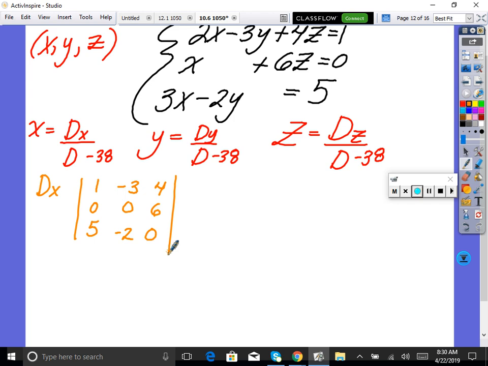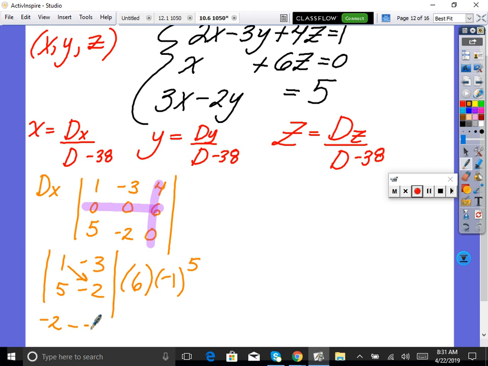Luckily, look, there's 2 zeros here, so that's going to be quick. You'd say, okay, we're going to choose that row. Isn't the one that does matter this one? Because the others are zeros. So then we have 1, -3, 5, -2, times 6, times -1 to the row 2, column 3. Isn't that 5? So then we have